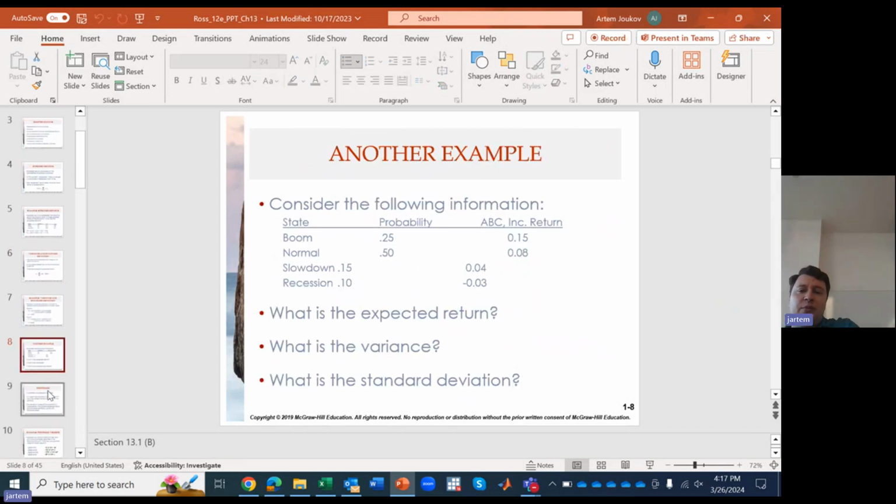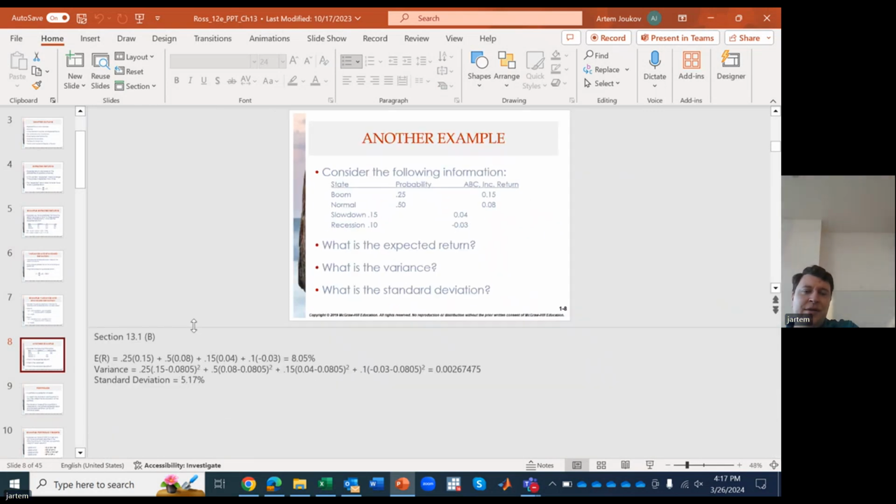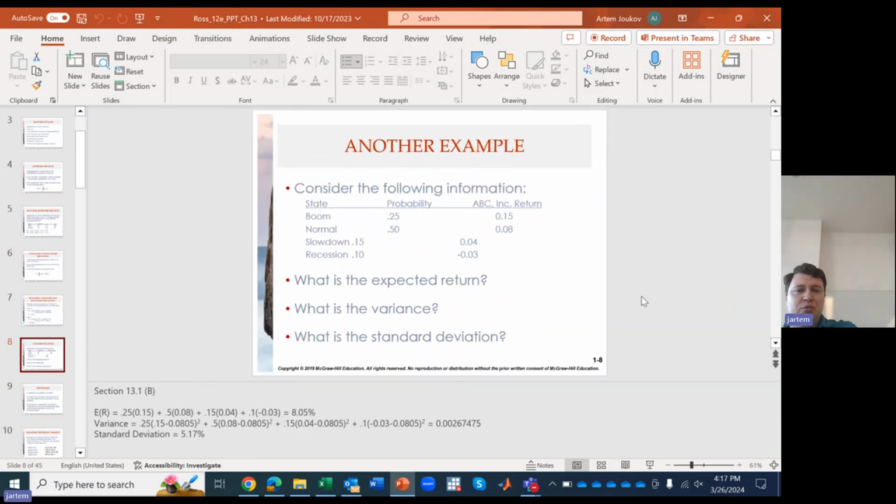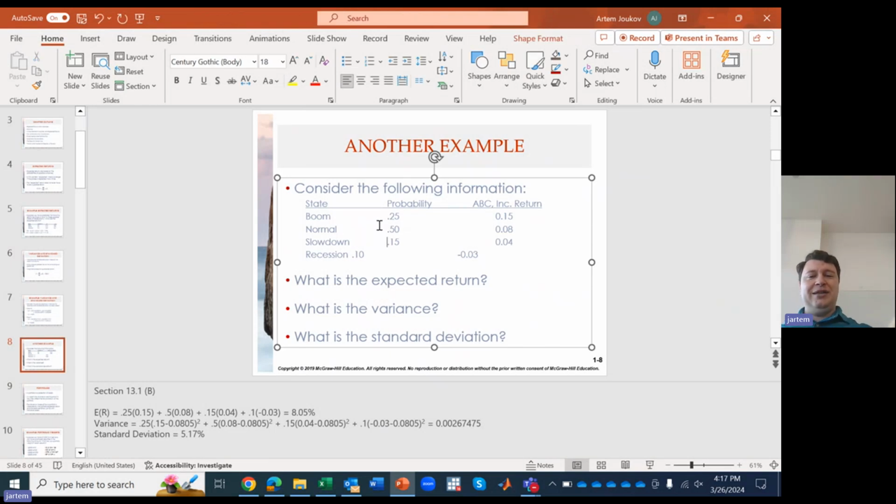Now, here's another example. This is the workout for this example, but we could just go through it here slowly. So we've got a situation where you have 4 states. There's a small typo in the slide, like it should be here. Fix that in your slides.